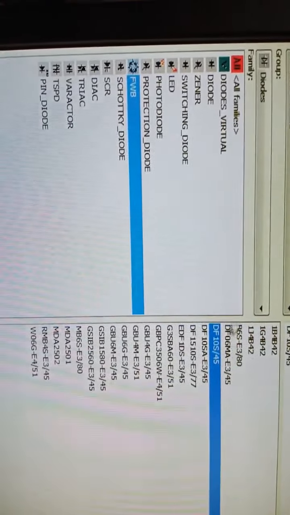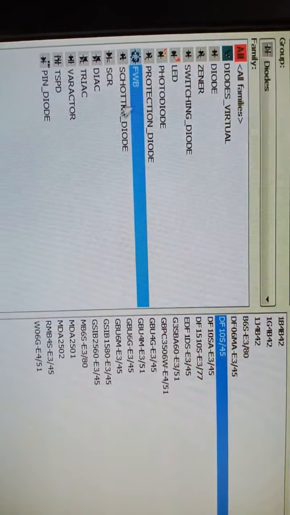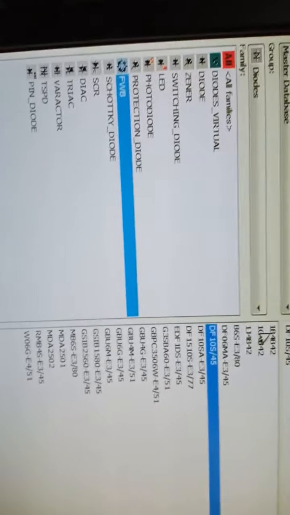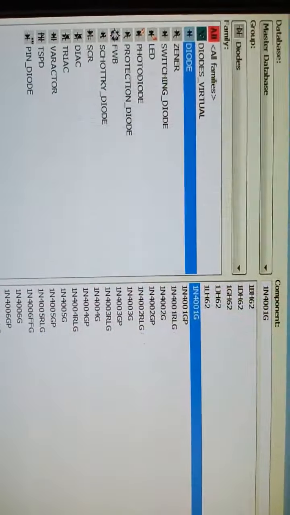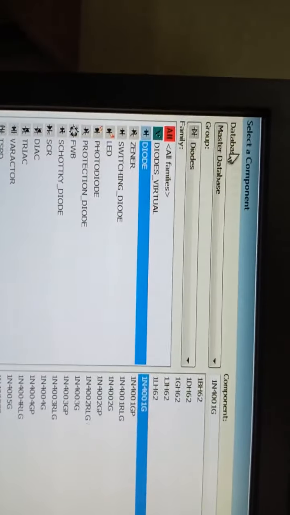Okay, when it is bridge, you can go for the different options here, any one you can choose. If we are choosing this, you can choose this. Okay, this is bridge wave. Now an ordinary PN junction diode we will choose. Next you go for